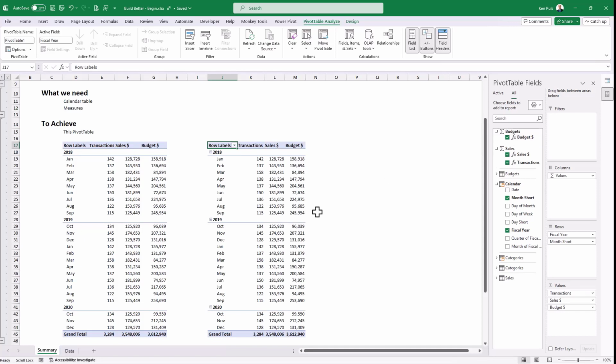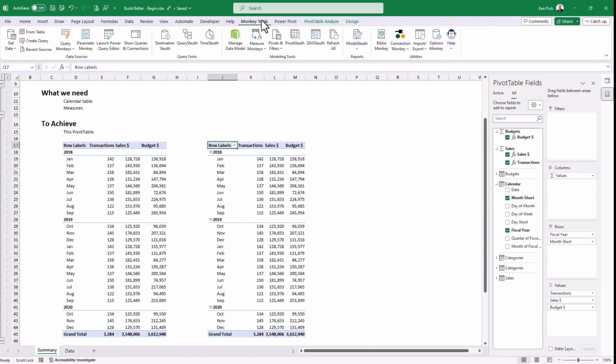I have a nice pivot table that's formatted the way that I want to see it. Notice that it's inherited the number formats that I chose, and everything there looks pretty darn nice. Now, what if I have some crazy measure pattern that I want to put in here? Well, as it happens, I have one. It's stored inside my BiblioMonkey.